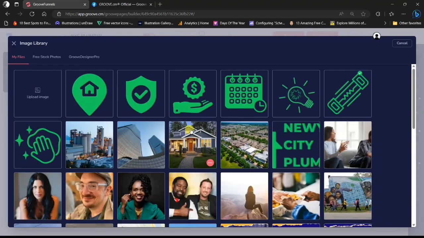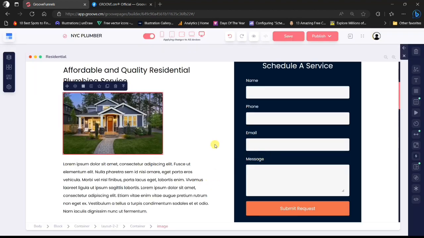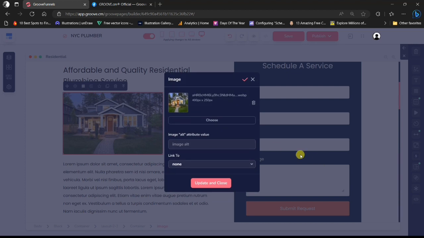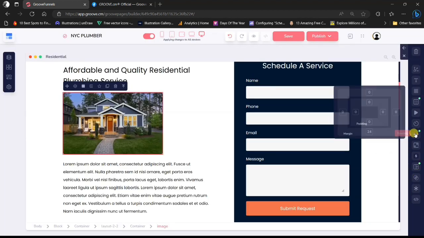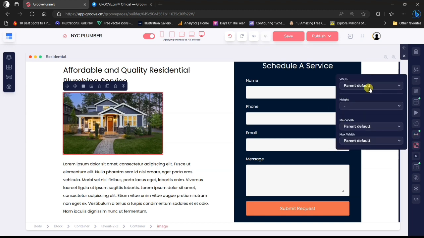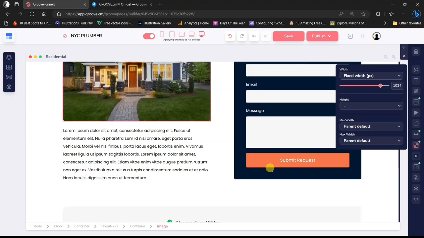Okay, since it's residential, I could just use that one. I see that it's small, which is why you need to use the